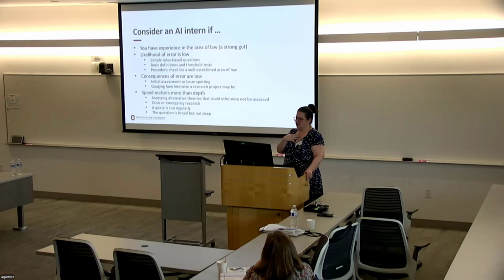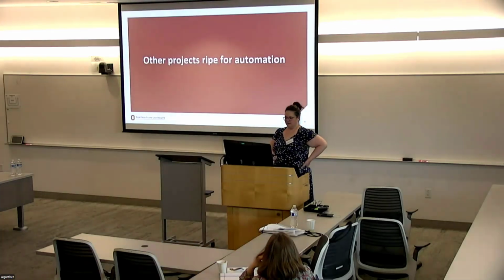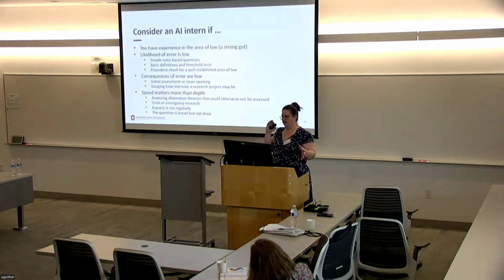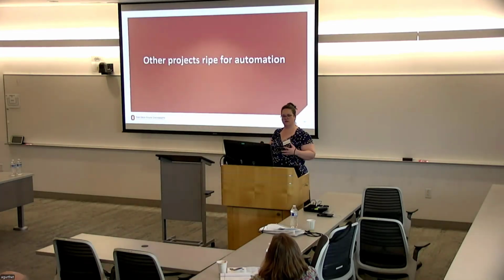And then I have another here, like the question's broad but not deep. So if it's across multiple areas of law that no one could possibly be an expert in all of those areas of law, and you've got intersections, maybe in that case, you wouldn't be able to find an attorney to research this, an attorney to research this, an attorney to research this. And maybe it's more helpful if it's done faster and going across all of those. Okay, so those were some of my ideas about how you could use AI as an intern to offload some, but still checking it, right?